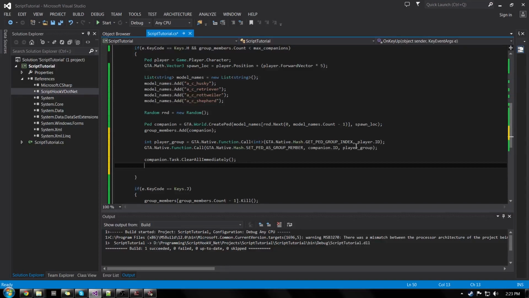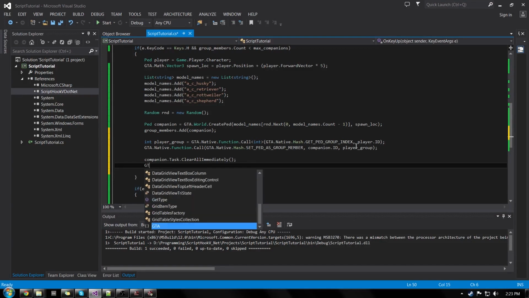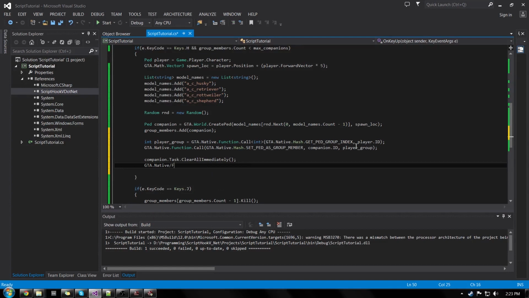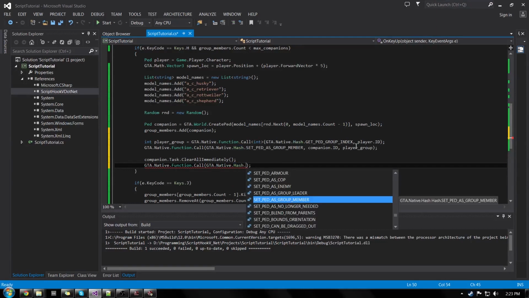And then we're going to do another GTA native, gta.native.function.call, and we're not returning a value, so we don't need to put a return value. And inside the parentheses, we want gta.native.hash, and there's a function that sets them to combat anyone that is hated. So we do that by doing tasks hated targets in area,